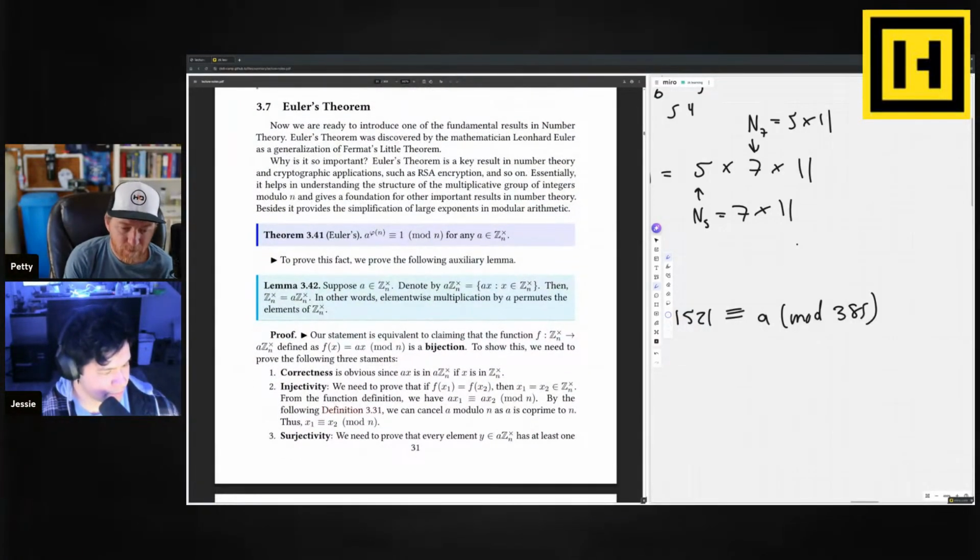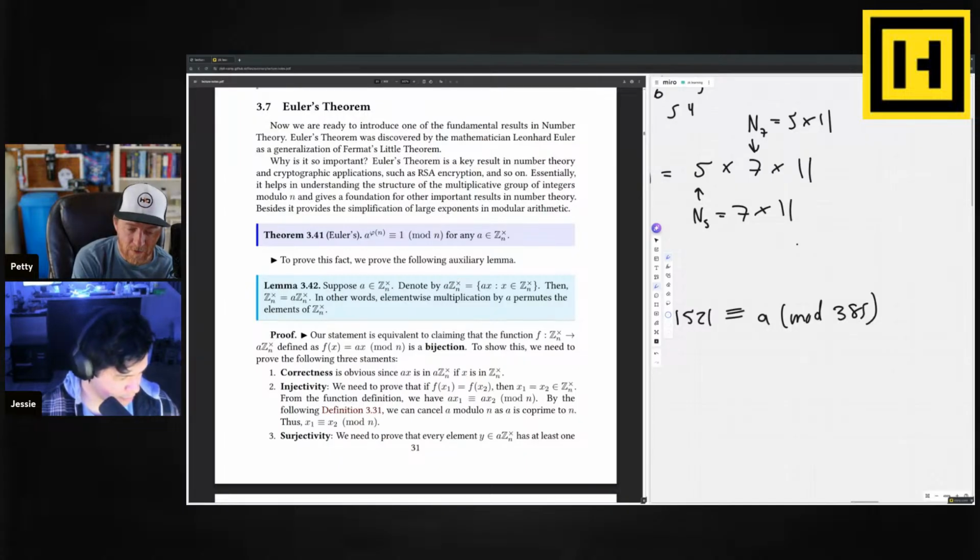Euler's theorem. Now we are ready to introduce one of the fundamental results in number theory. Okay, now we've built up to this. Euler's theorem was discovered by the mathematician Leonhard Euler as a generalization of Fermat's little theorem. Why is it so important? Euler's theorem is a key result in number theory and in cryptographic applications such as RSA encryption. Essentially, it helps in understanding the structure of the multiplicative group of integers modulo n, and gives a foundation for other important results in number theory. Besides, it provides the simplification of large exponents in modular arithmetic. The theorem states